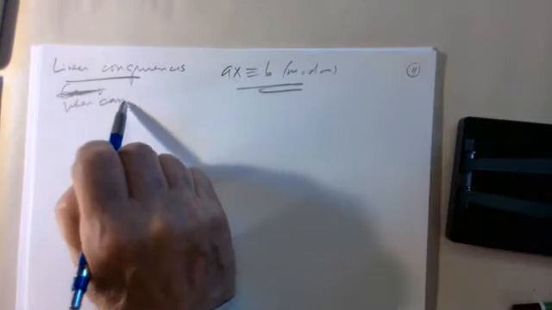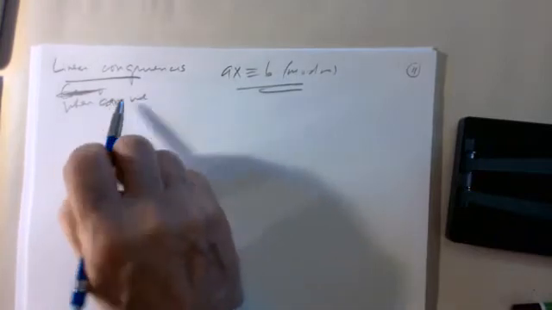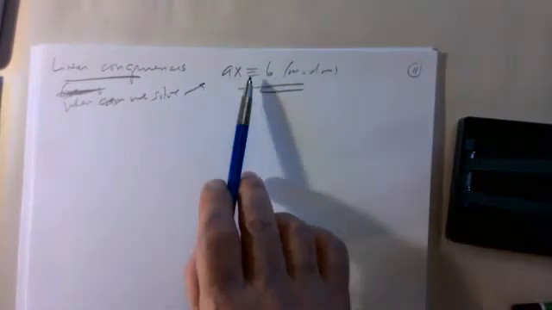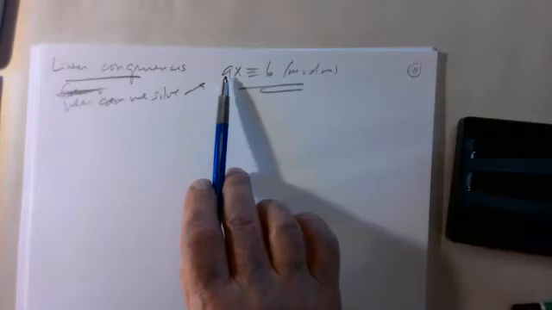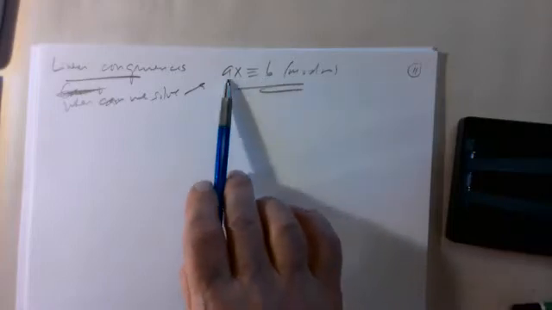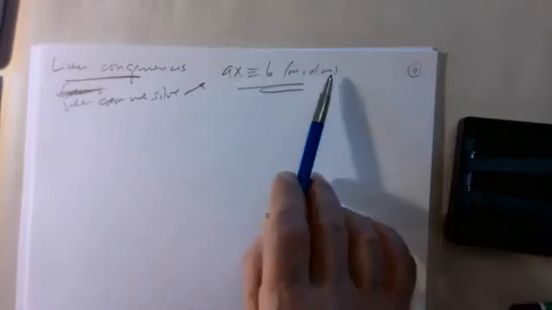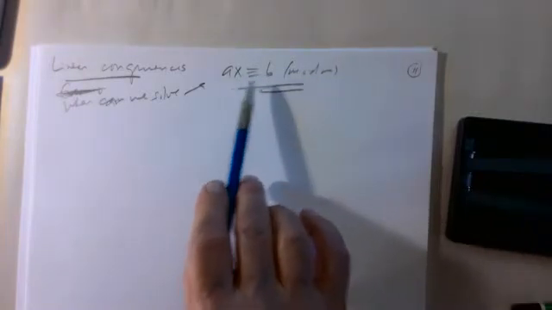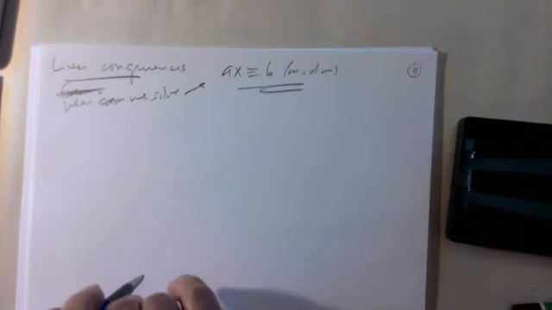This is like an equation, but it's not an equation, it's a congruence, because it's not that AX equals B. It's that AX is congruent to B mod M. The modulus M is a positive integer, A and B are integers,